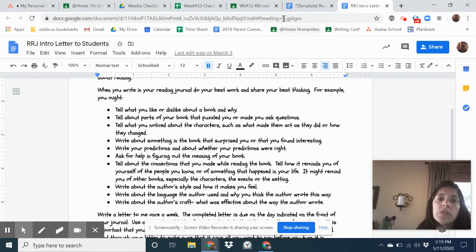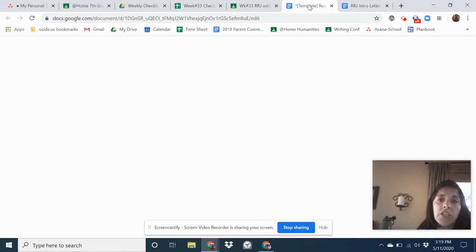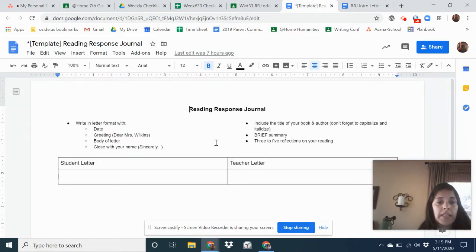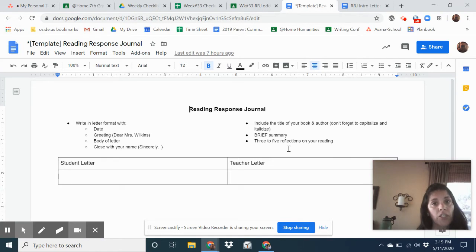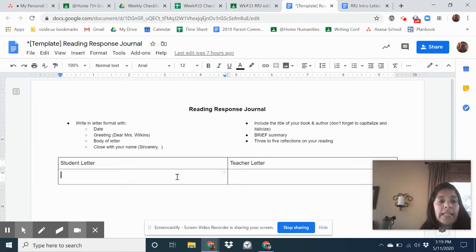So let's go to the second attachment in this assignment. This is actually where you're going to turn in your work. So this is your reading response journal. Here are some brief reminders of what you need to do. You need to write it in letter format, which means you have to have a date at the top, a greeting, you have to say hello, and then you're going to have your body, and then you're going to sign your name off by writing sincerely